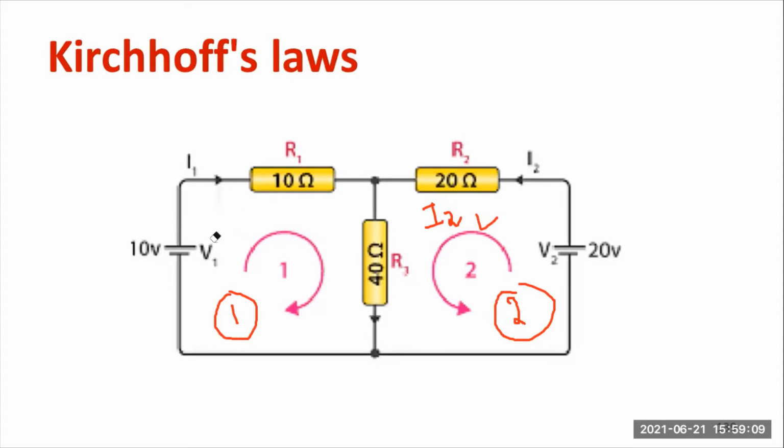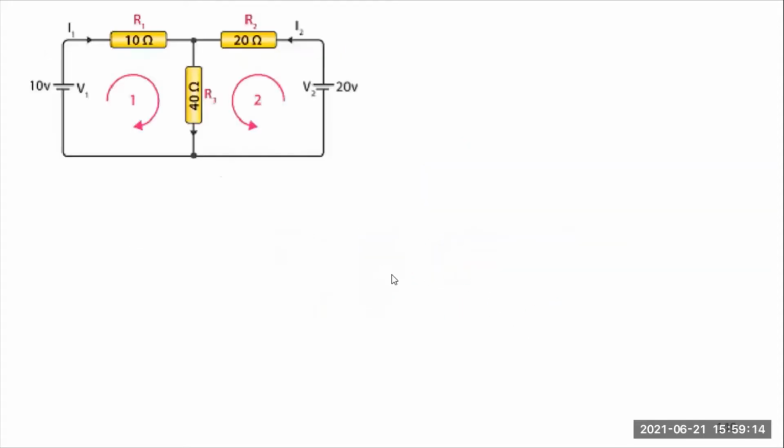So what I'm going to do is solve for the current flowing through loop 1. Look at loop 1. Let us start at this particular point. I1 will be moving like this, passing through the 10 volt source, then the 10 ohm resistor. Thereafter, it is passing through the 40 ohm resistor. So let me start from this particular point, which I marked with a tick mark. Clear? So let us start.